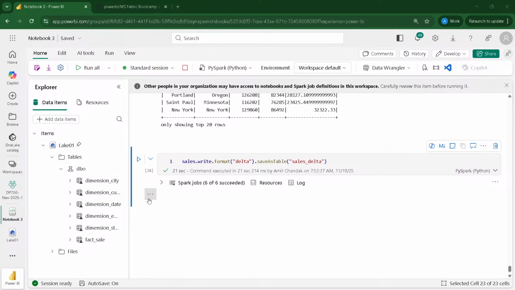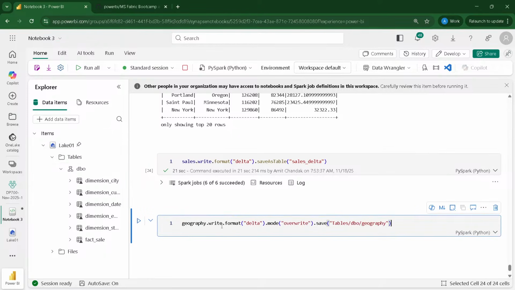I need to refresh these tables to check it out. So another method is geography.write.format Delta, mode is overwrite. I want to specify the mode and save. Then I can give Tables/dbo/geography. Now, if I have more than one schema, I can specify the schema there.